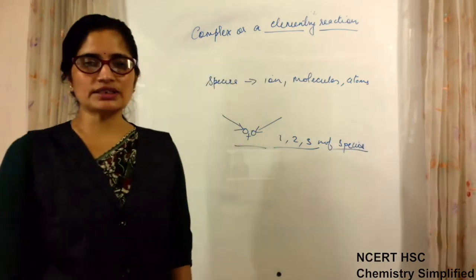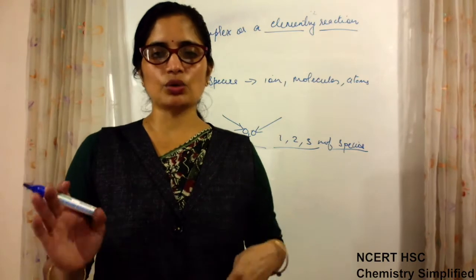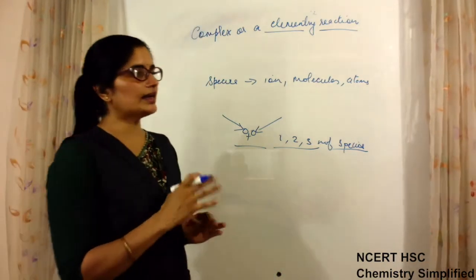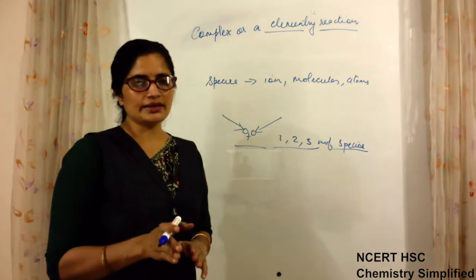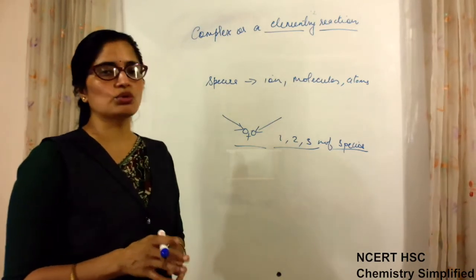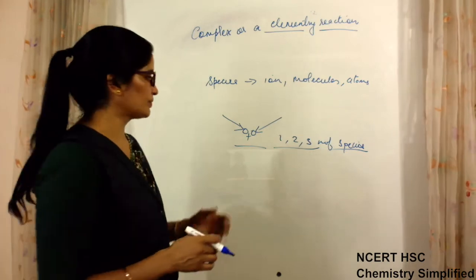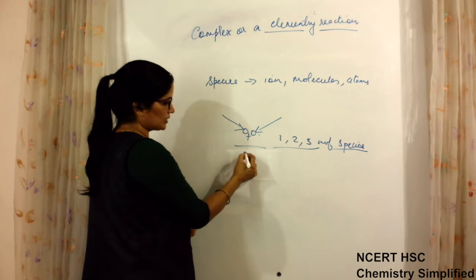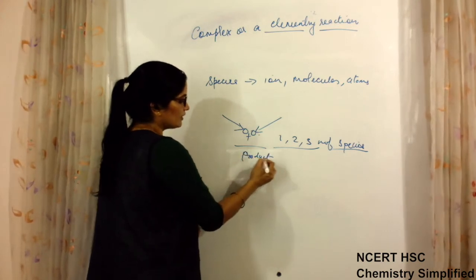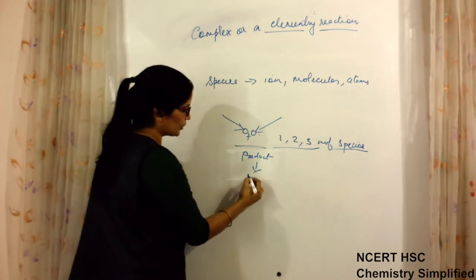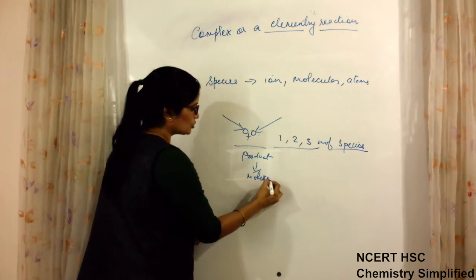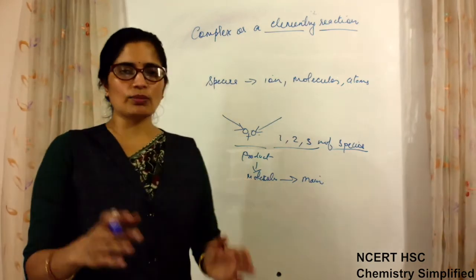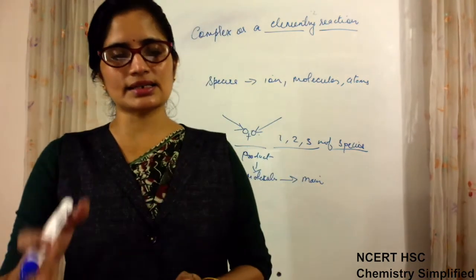Such a reaction which can be completed in one step means the colliding molecules should collide with each other in the same step. Then that reaction is an elementary reaction. But most of the reactions are not elementary. Suppose 2 molecules collide and form a product that will combine with the remaining molecules to give the further main product. So this happens. Most of the reactions are completed step by step.